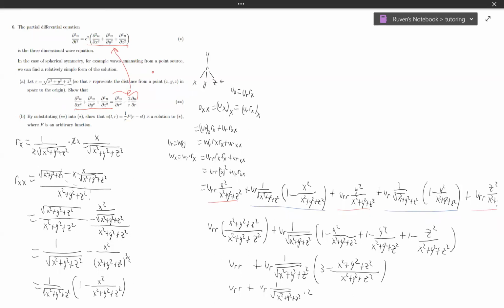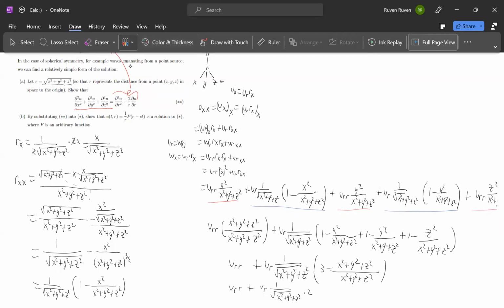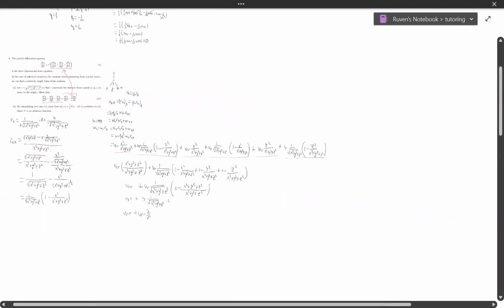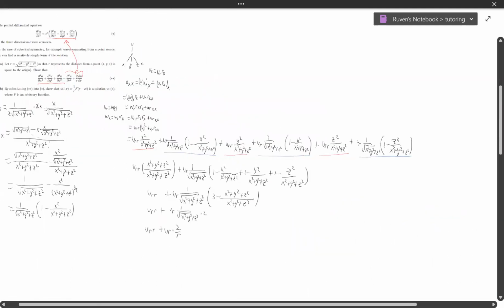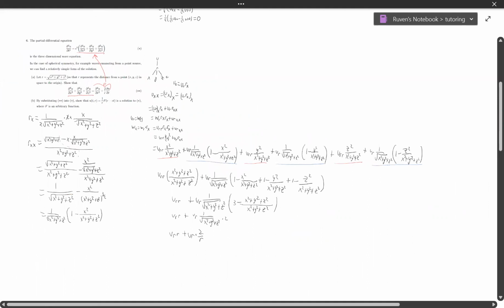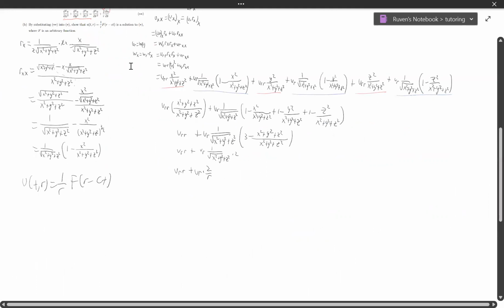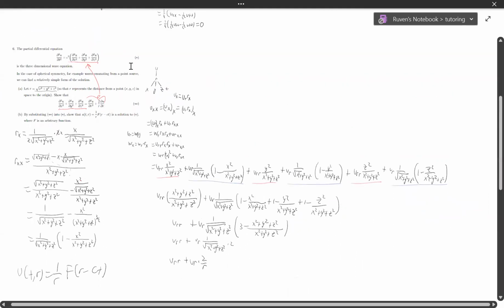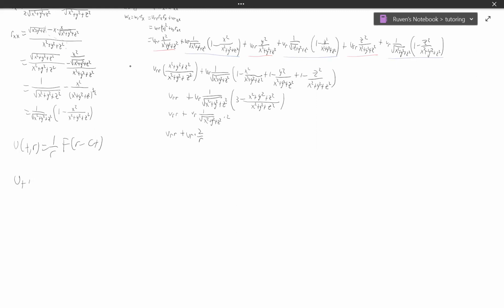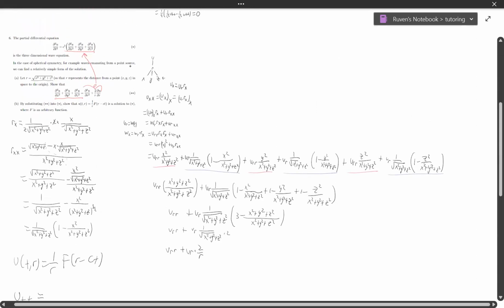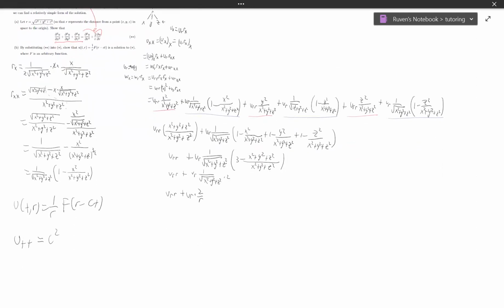So then what we're going to do, I'm going to go back to black. I don't want to go too far from there. Okay, I'm just going to copy it down and I'll kind of rewrite it. So we have u of r, t equals 1 over r times f of r minus ct. And then the actual replacement that we did is that u_tt is equal to c squared